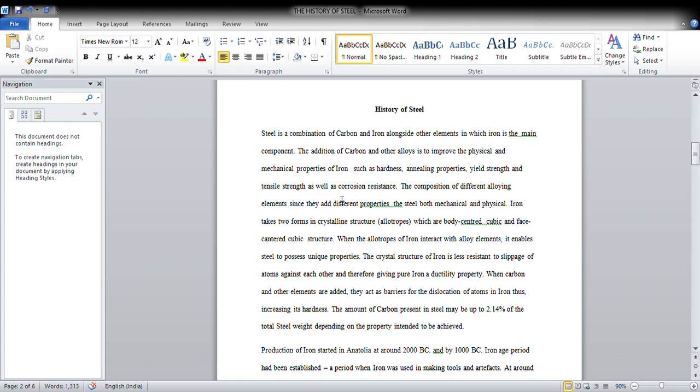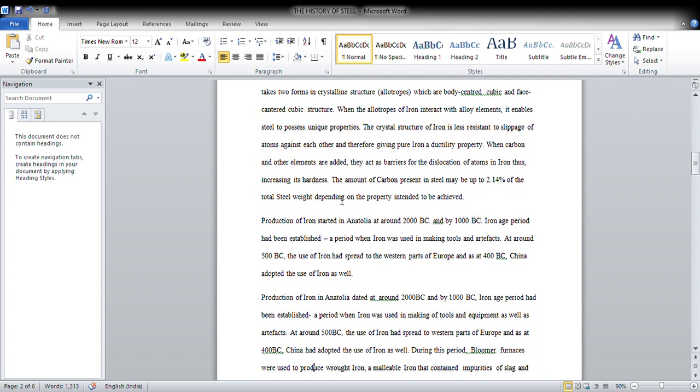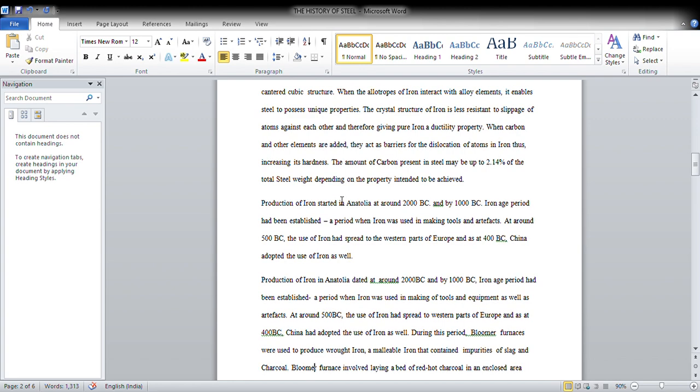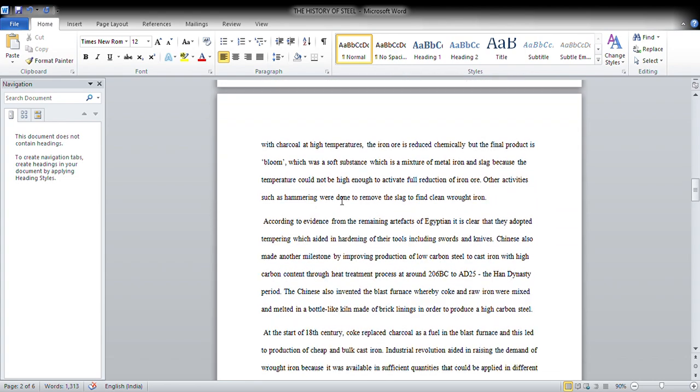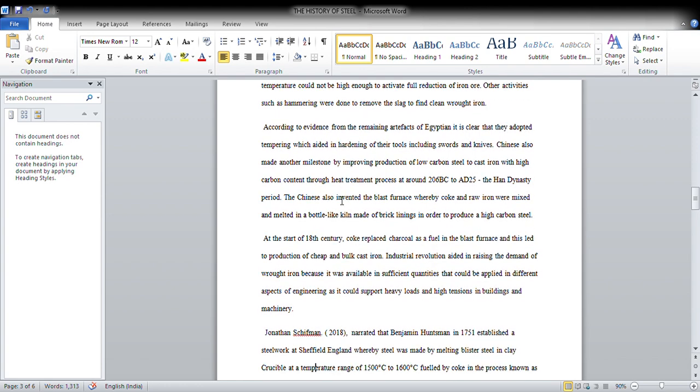So after introducing a document, because it's the history of steel, you just start with the history from the beginning. Production of iron, because we have said steel is a combination of iron and other components, so we not just talk about the steel. You just start with the iron, the key element, then continue. So you write your history, and don't forget to mention different